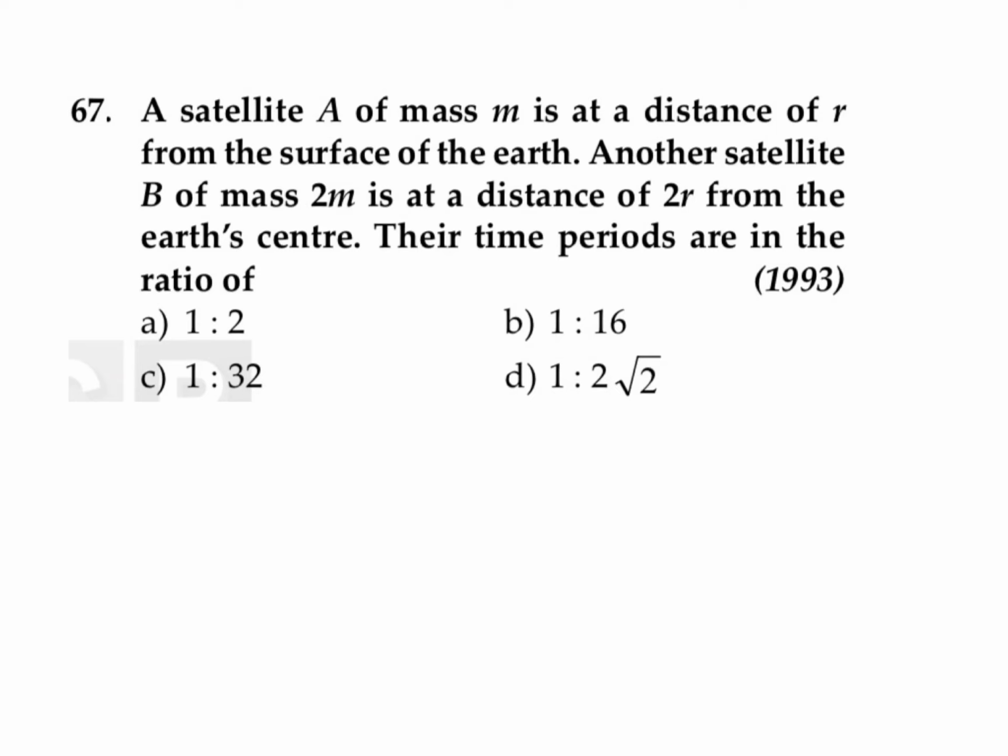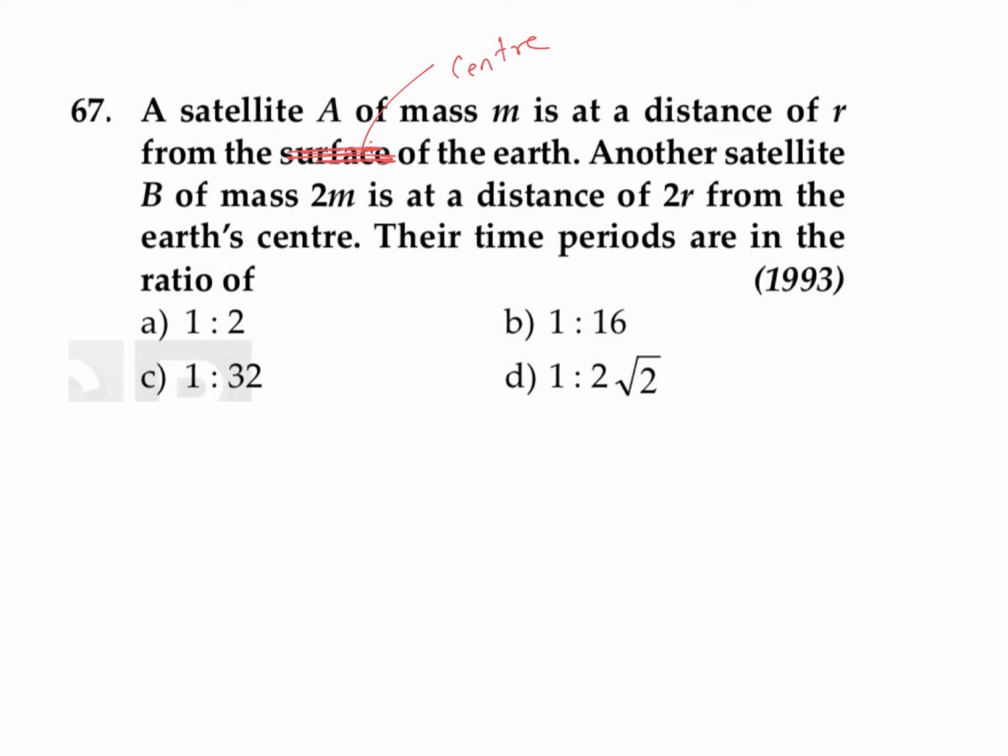A satellite A of mass m is at a distance r from the surface of Earth. There's a small correction over here. It's not from the surface of Earth, it's from the center of Earth. The distance r from the center of Earth, and another satellite of mass 2m is at a distance of 2r